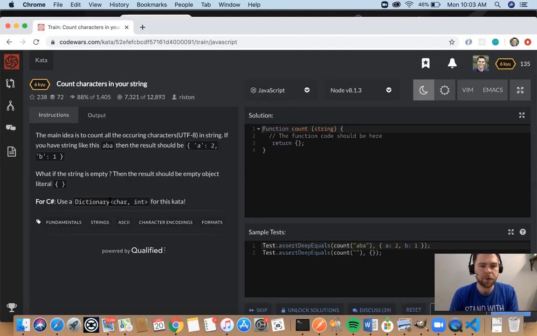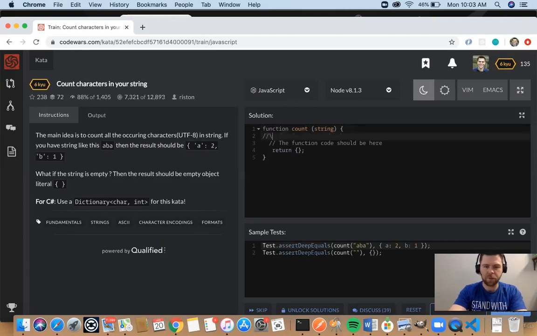I am going to loop through the string. Do I need to split it into an array first? I'm going to go ahead and split it into an array, just for good measure. So basically, I've done something like this before.